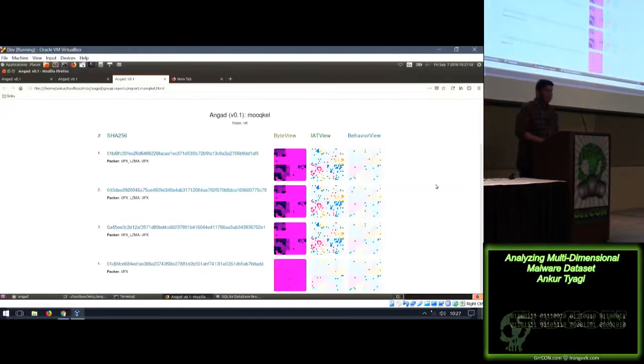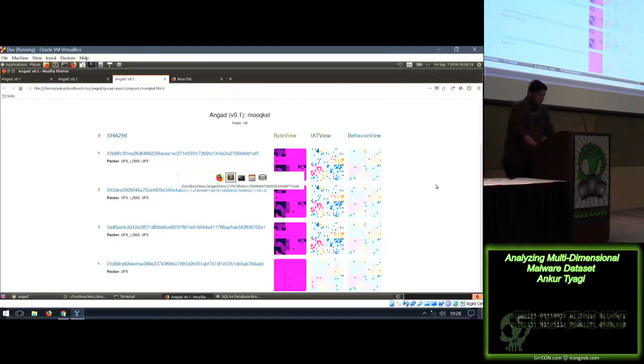So here it is. These are all the hashes that we have indexed in the DB. These were unknowns when we actually indexed them. Then we looked them up on VirusTotal and figured out what these samples are and what families they belong to, and we named this cluster Mookil. But interestingly, as you can see,